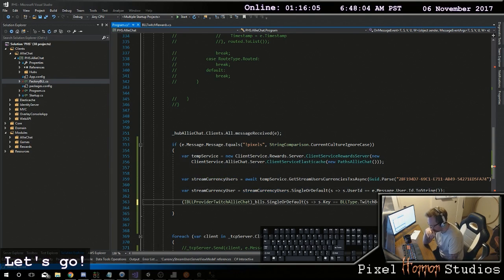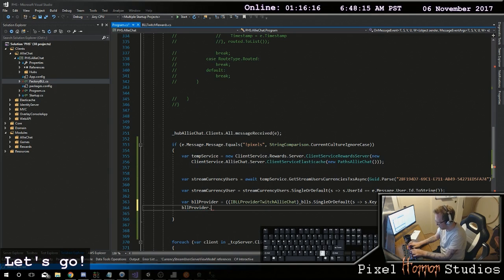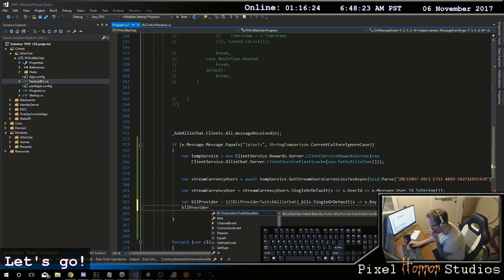Like that. Var, so this is going to be BLL provider equals this. Send message to, no. Now we should have something in here called